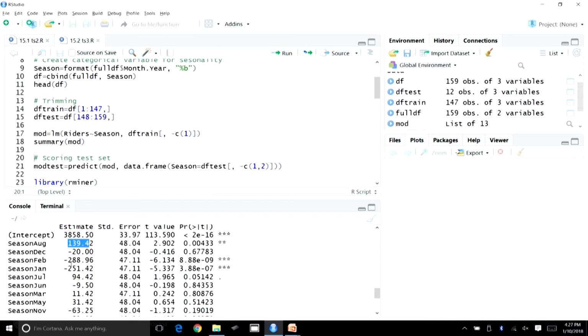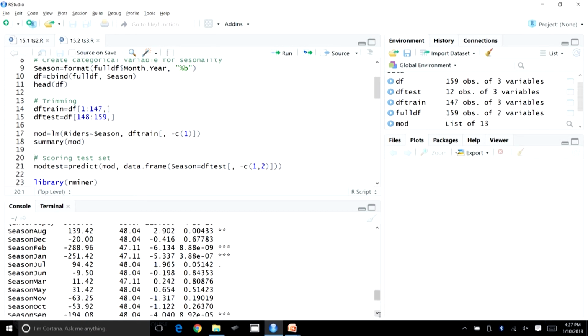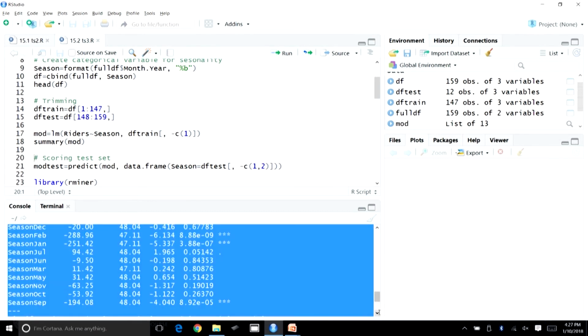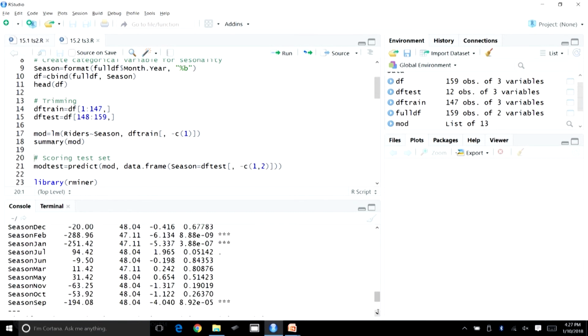If we look at Feb and Jan, the values are on an average lower: for Feb it is lower by 288, and for Jan it is lower by 251. So, for some months values are higher, for some months values are lower. For the month of August it was higher, and July is also on the higher side.